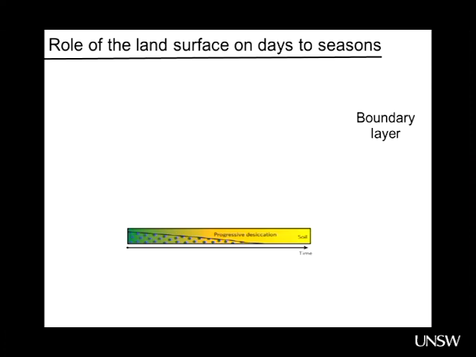So, let's start with the soil moisture. At the beginning, lots of blue. Blue means water, evaporation, and not much red. Red means sensible heat, the direct heating of the lower atmosphere. And we move slowly through that time period, slowly increasing the amount of sensible heat relative to the latent heat